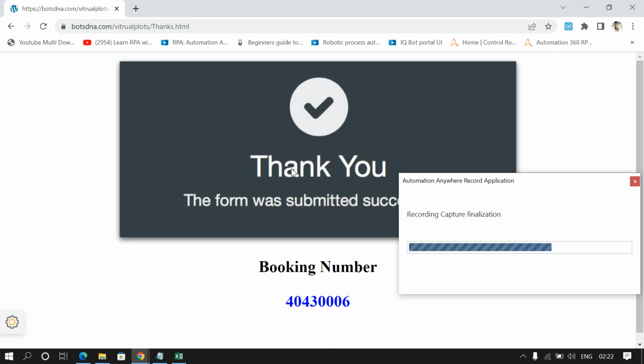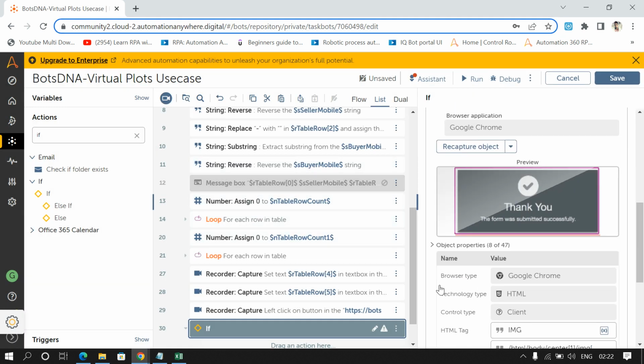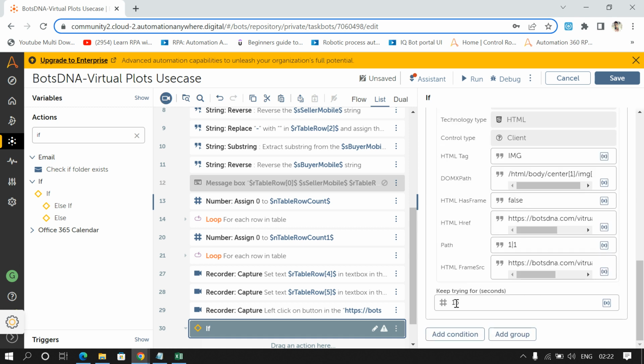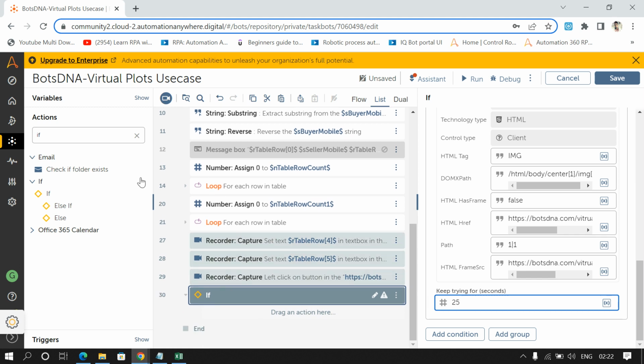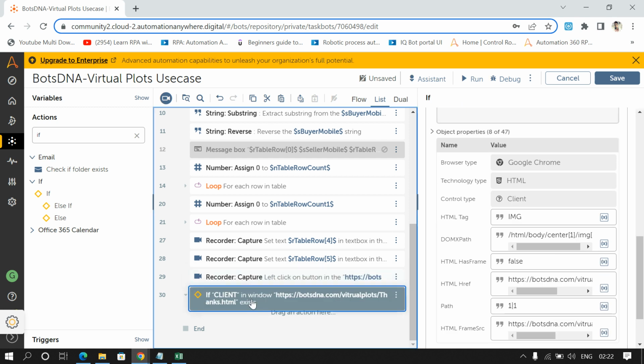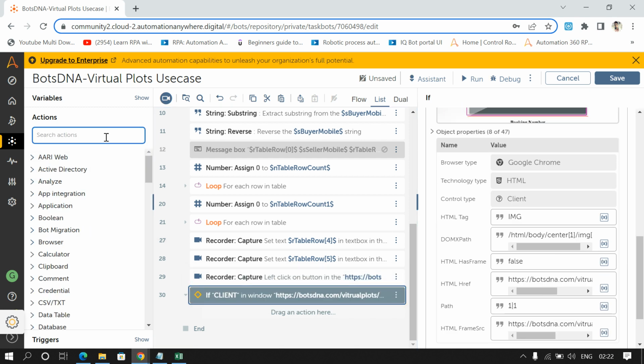So that's why I'm giving this if command. I'll give the maximum wait time 25 seconds. So once this is true, then only it will go inside this if command,